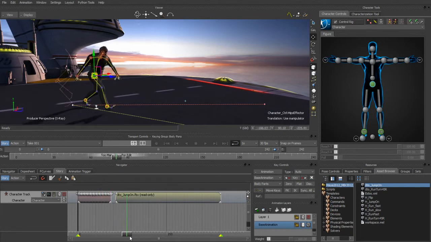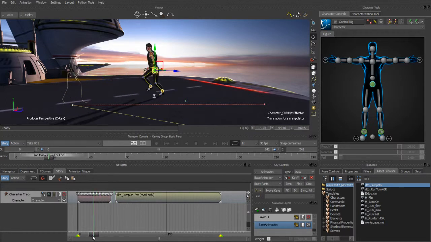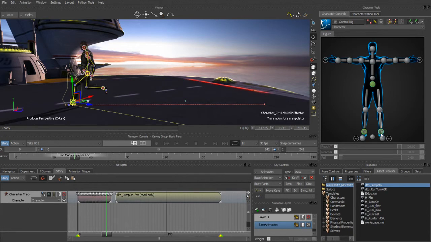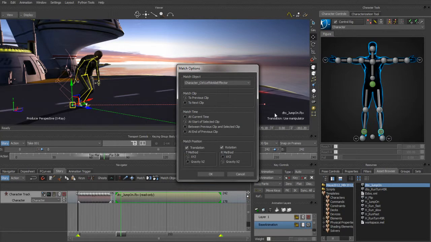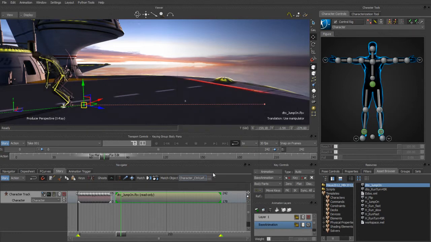So as we transition between these guys, what we want to do is find the foot that's landing on the ground and use that as our match source. So it looks like the left foot right here is going to be our match source. We can hide the controls for that. We'll get on top of this rig here, and we'll bring up the match tool. Notice that I had my left ankle selected when I entered the tool, so it automatically filled in my match object for me. Our currently active clip, we want to match to the previous clip, and we want to make sure that we match at the start of the selected clip. That's pretty straightforward. We're going to match both translation and rotation of that actual body part. As soon as we apply that, you can see